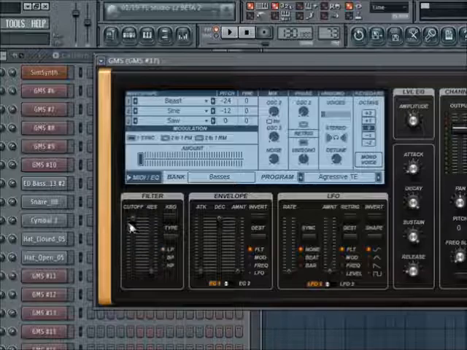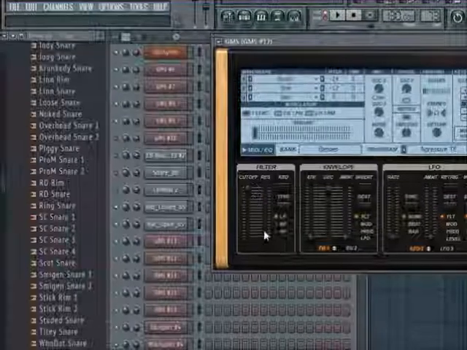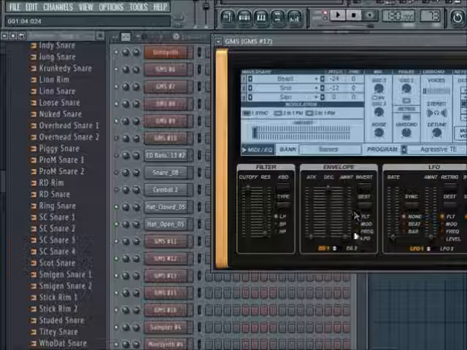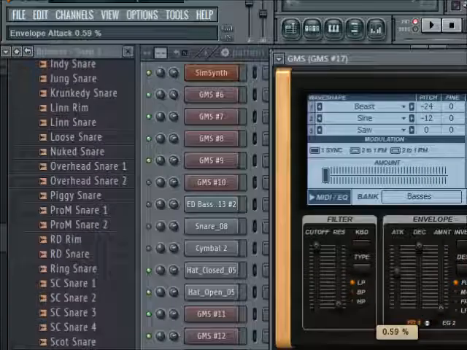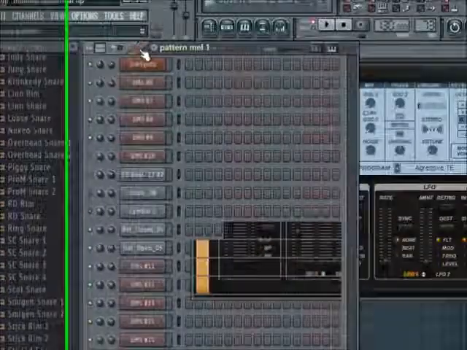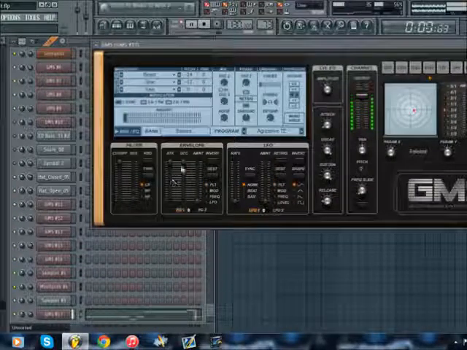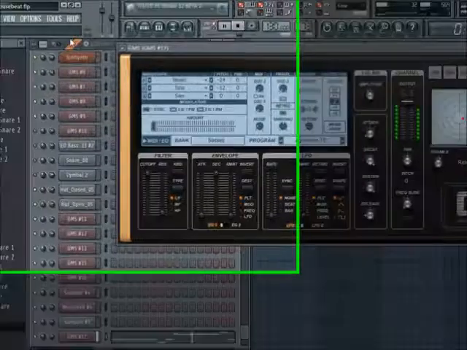So what you want to do is be careful with your cutoff, the res, yeah, this one, and you have to be careful with your attack, your decrease, and your amount. This is the amount of sound you have going through it, or the amount of the envelope. So the attack will make it so it takes longer to hear the sound. Then decrease, it's okay. Think of it as a